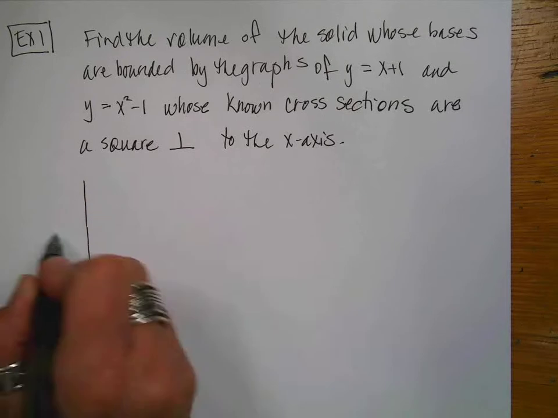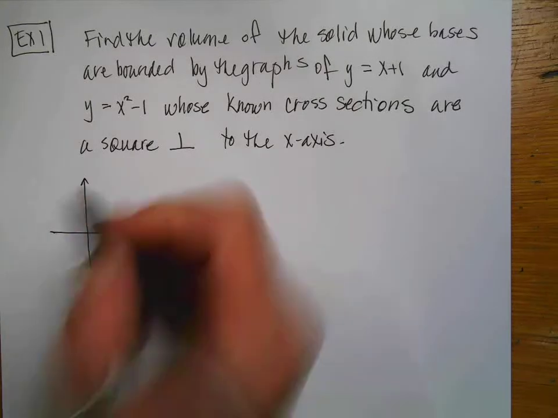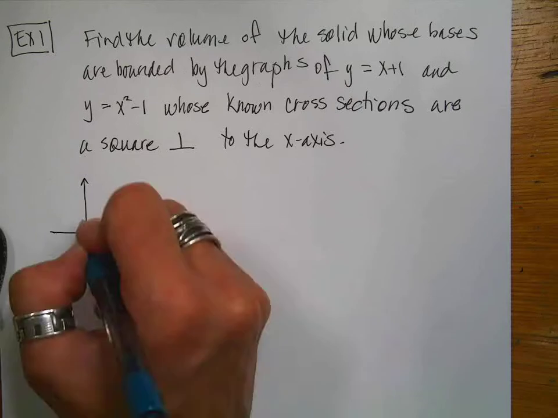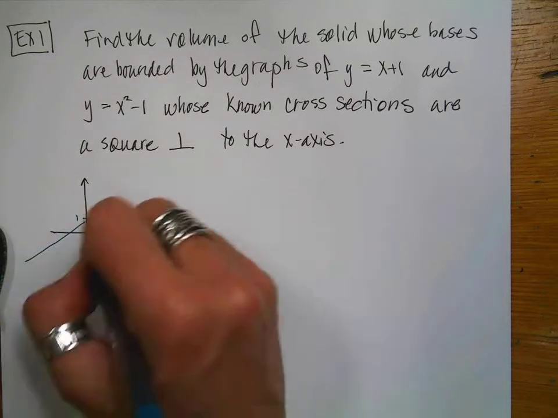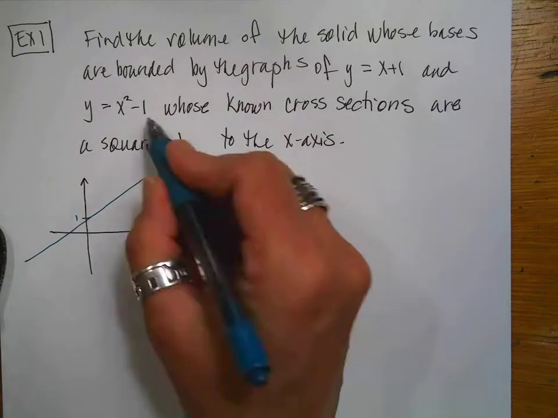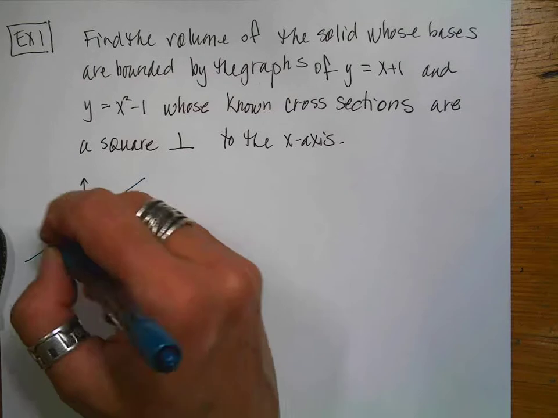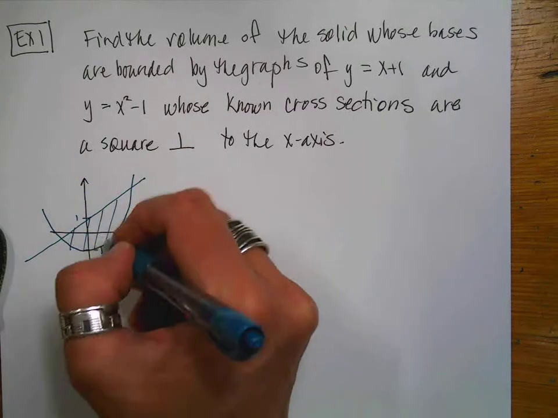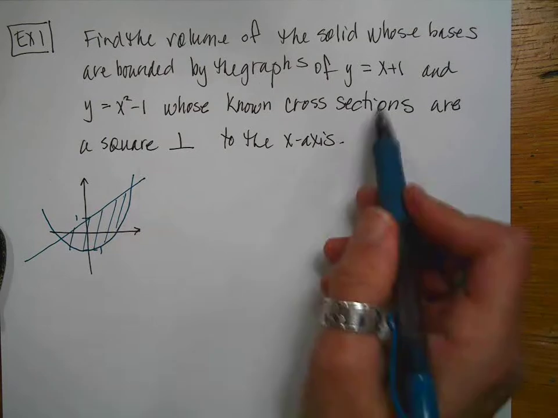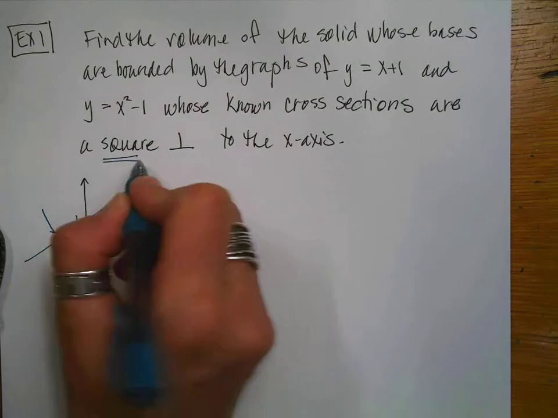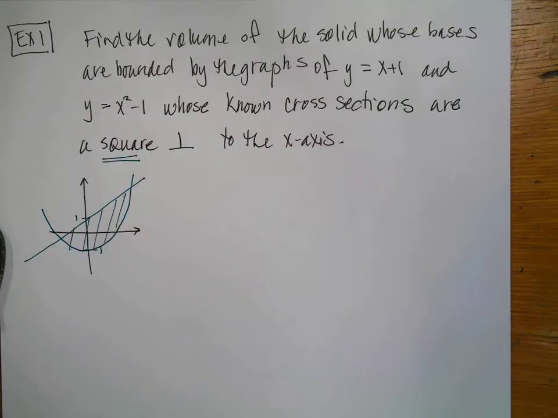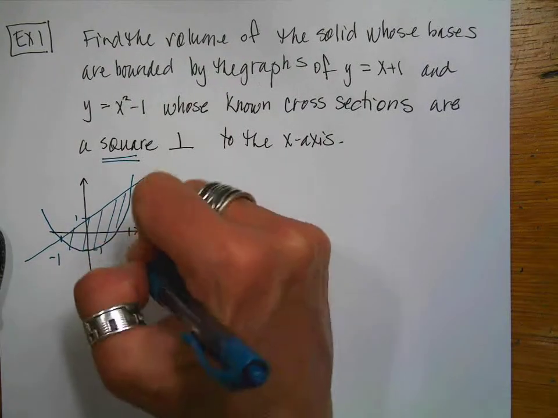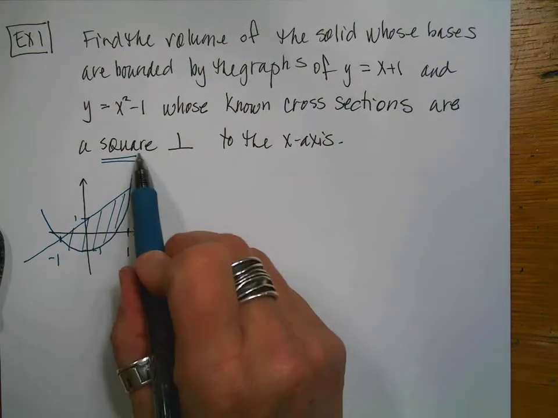So I can show you what I do know how to do. Here's going to be my coordinate system, and I'm going to graph my two equations. So I have y is equal to x plus 1, so here's my 1, there's that guy. And then y is equal to x squared minus 1, here's my upside down parabola. So this is going to be the revolved region whose known cross-sections are squares. Okay? So the first thing that I'm going to do, besides find my point of intersection, that's a positive one,